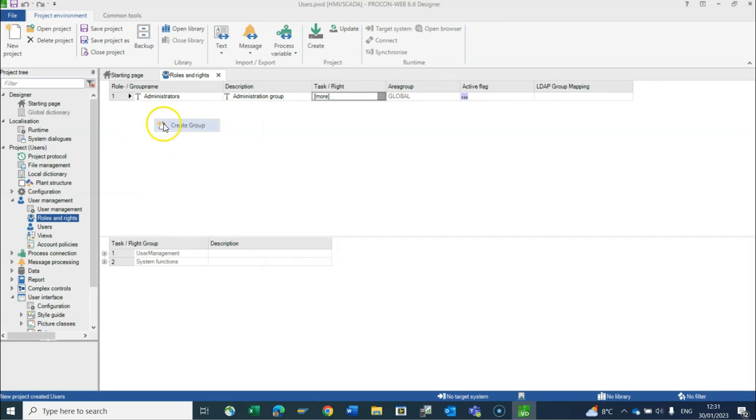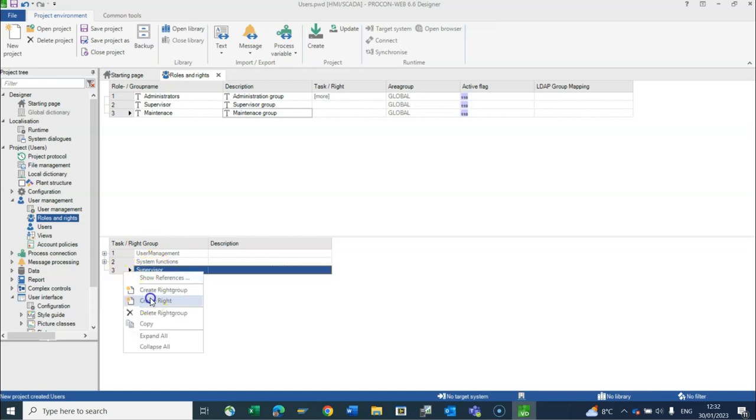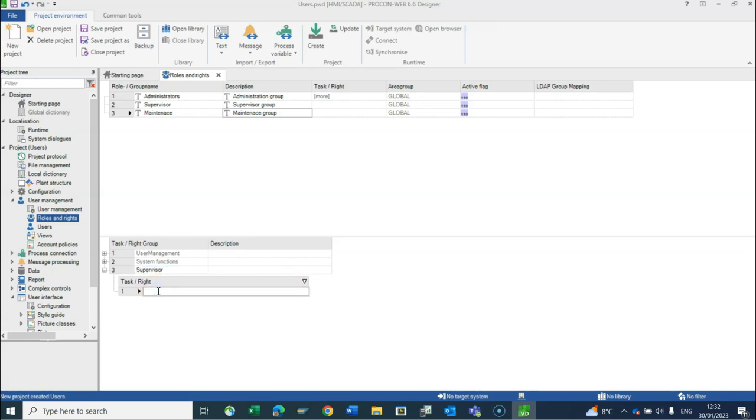I'll create a new group and I'll call it supervisor, and I'll create a third group called maintenance. Okay, so I want those two different groups to have access to different things. So for simplicity, I'm going to go down here and create a new rights group. So I'm going to call that supervisor, and I'm going to right click and create a right. So the right is, I'll just call it supervisor